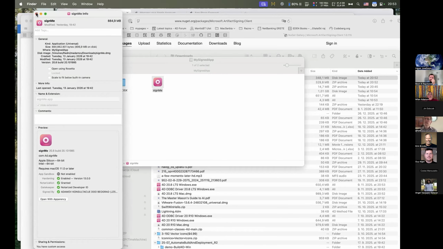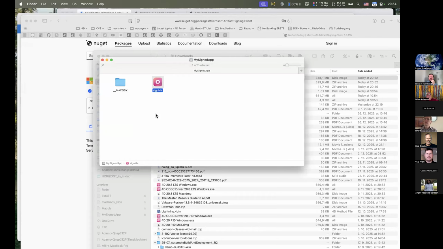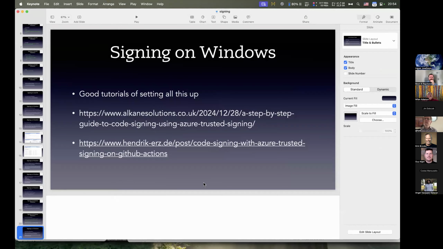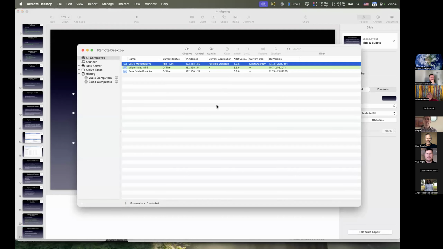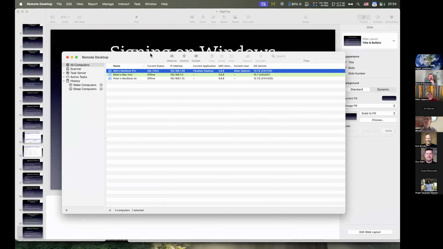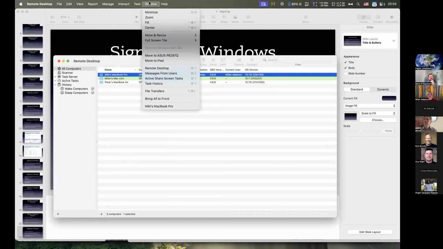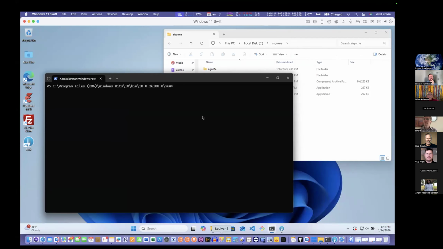So Mac is done, as you can see. Now let's try to do this on Windows. So I have to go to my remote desktop because I tried to do it, Brent, in our VMware on Windows ARM, but it refuses to install SignTool and everything. So I suppose that's still not ready, so I have to use this one.